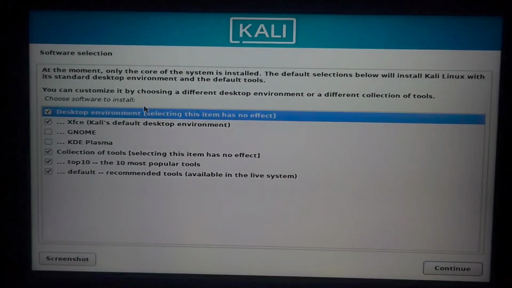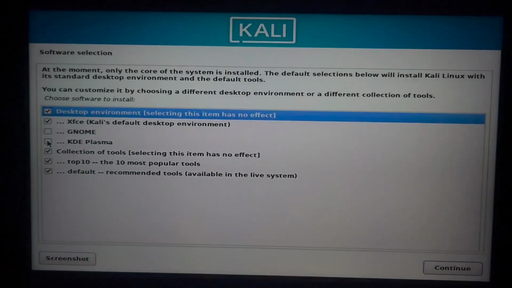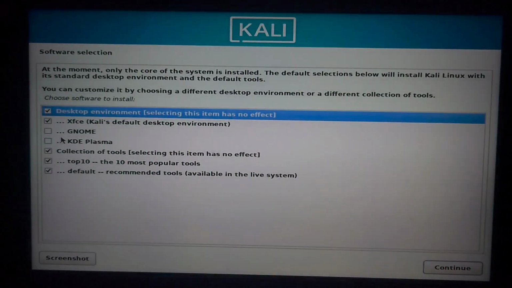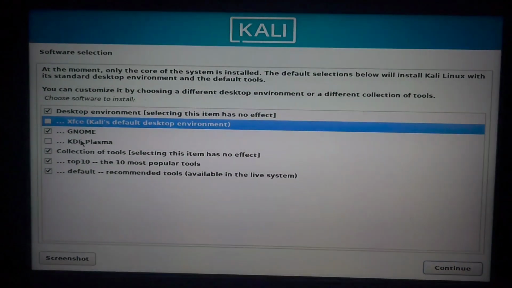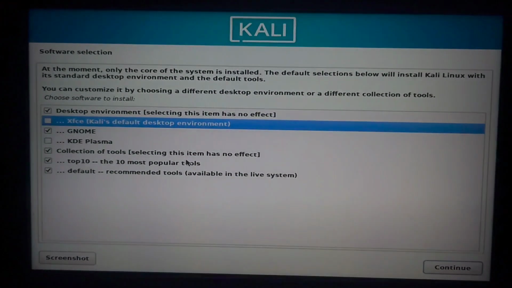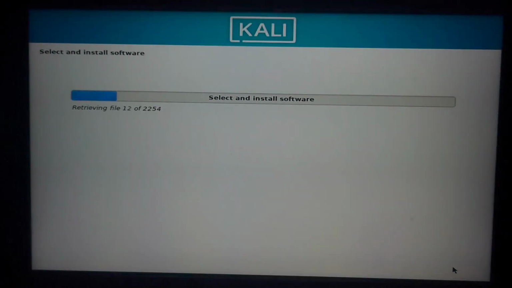Now once it's done, this screen will appear, and here it is asking which things we want to include when installing Kali. So these are some desktop environments. Desktop environment is nothing but a type of theme. It will represent how your Kali looks like. So I think GNOME looks the best. So I will unmark XFCE and KDE Plasma. I will only choose GNOME and click on continue. It will take its time, so let it be completed, and once it's completed we will be back.